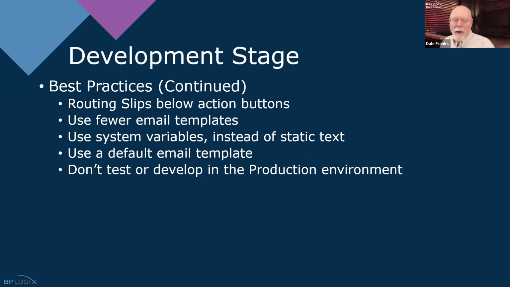Use as few email templates as possible. I have a webinar on email templates about multi-message email templates and using the same email template to send multiple messages through the use of embedded section controls. Technically, in most cases, you can have a single email template that is associated with the process timeline that you can use for every single notification that you need. It's not always true, but it's generally true, which is to say that well above 50% of the time, a single email template can perform all of the different notifications that you need for most processes.